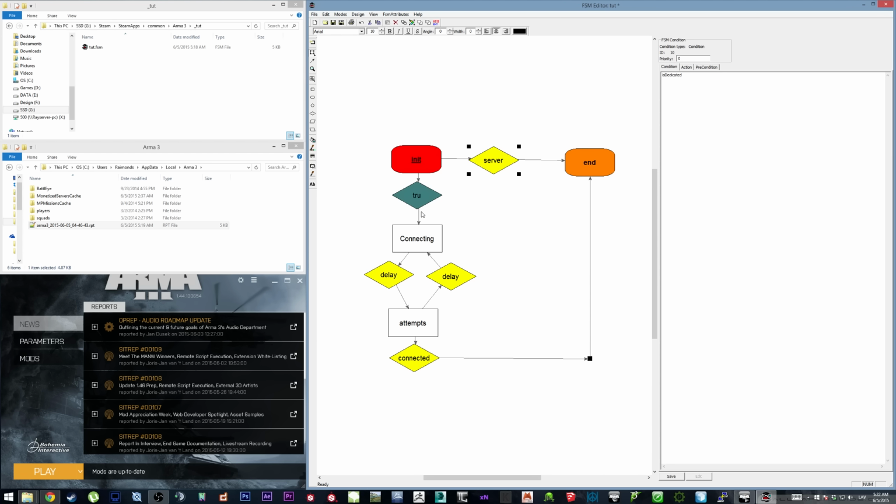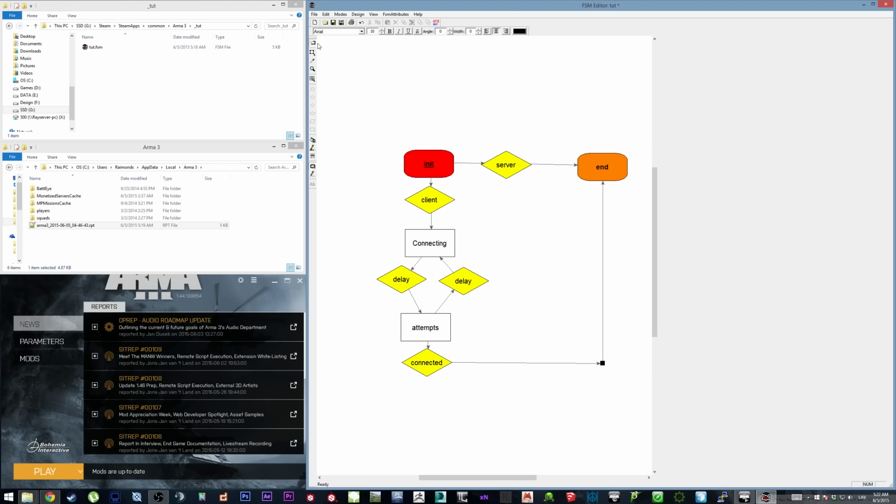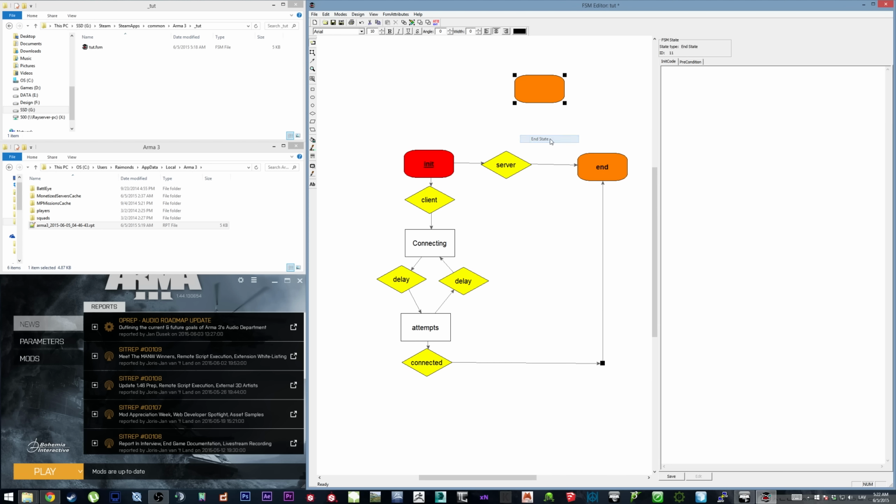If it's a server, it'll go, and then instead of true, you want to go with a normal condition, and is not dedicated, so an exclamation mark in front. So if it's a client, then the client goes through all the connection attempts. If it's a server, it finishes immediately. And because we have an end state and a system chat format, you don't want to send it to the server. So what you can do is take a new box, create another end state,